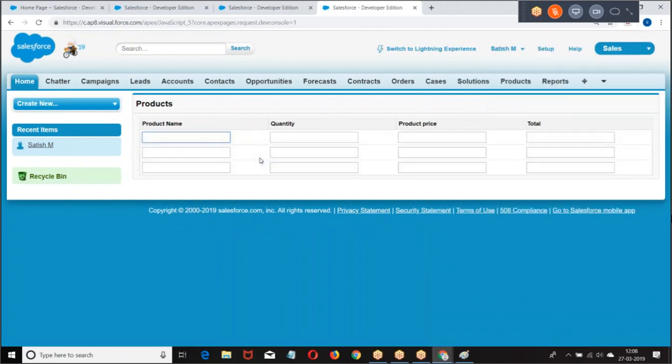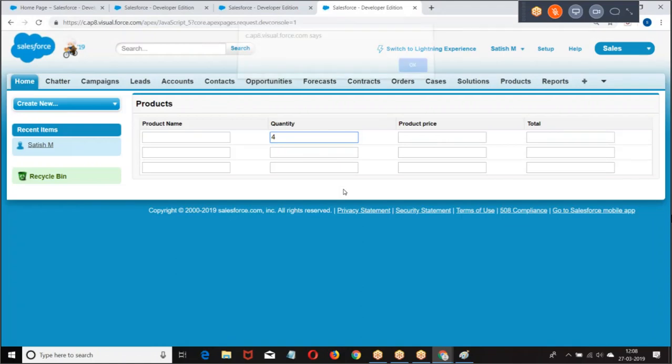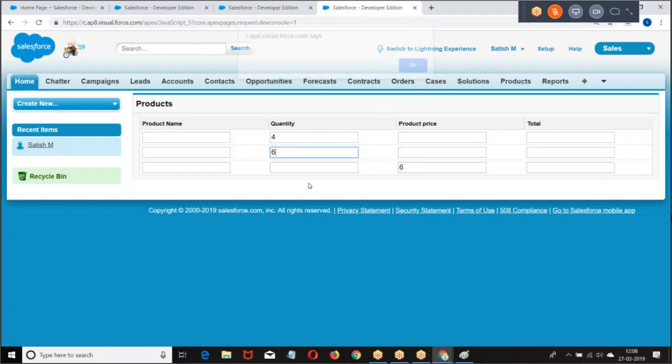Go back to this. Row number 0, row number 2. Are you getting my point? So it is giving you the row number. If you know the row number, that row number quantity, that row number price, that row number total. I hope you are good with this.